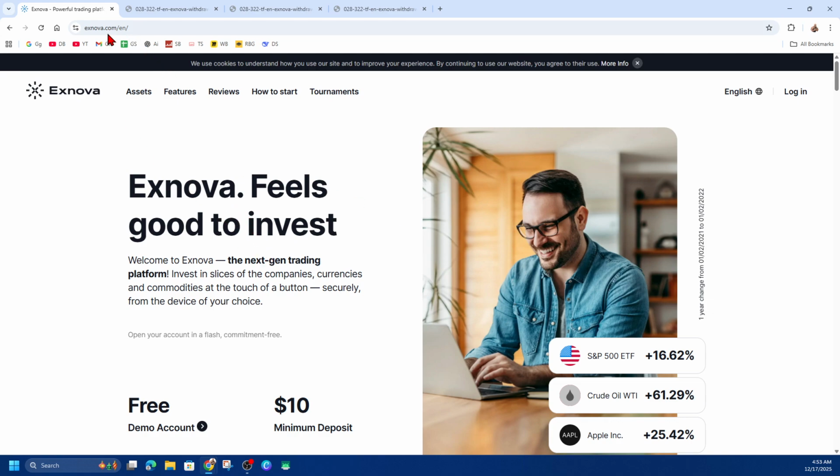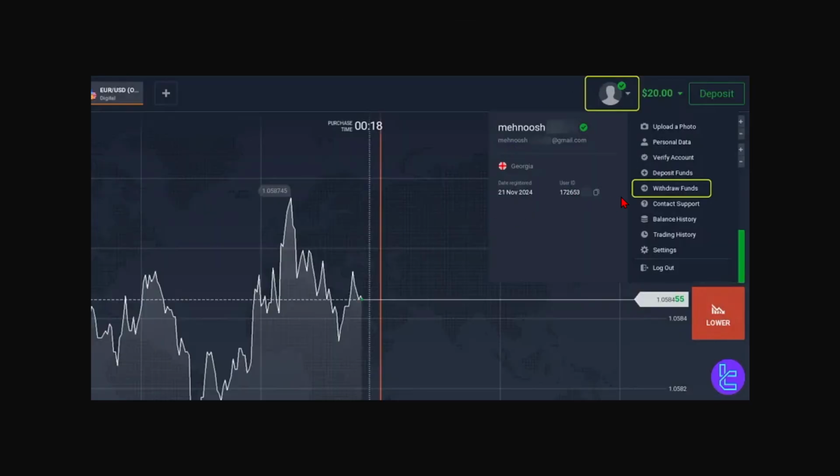Okay, so what we first want to do is head on over to Exnova.com and sign into your account. So click onto login. Then once we've logged in, you want to head over to the charts and then click onto your user profile. Then from here, there's going to be a drop down menu. We can either go ahead and click on deposit funds or withdraw funds here and just go through the process